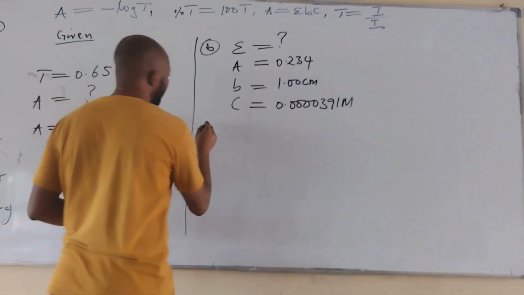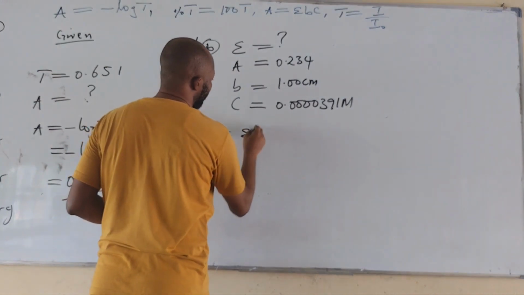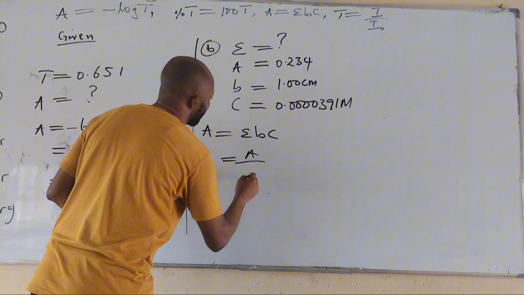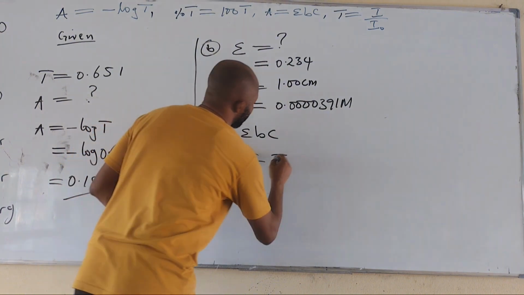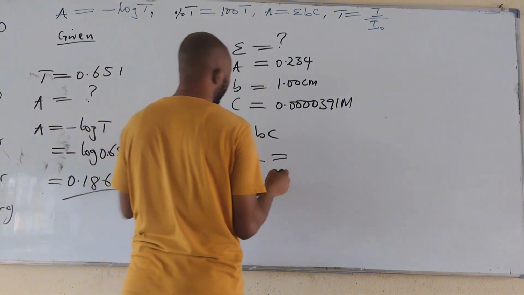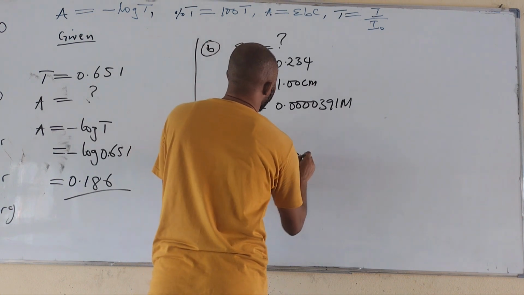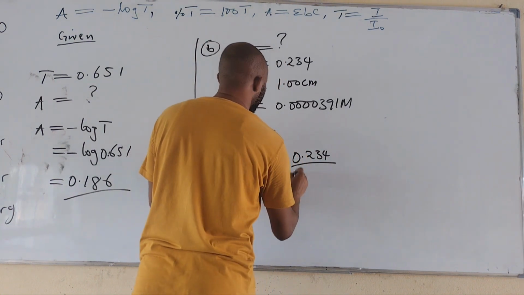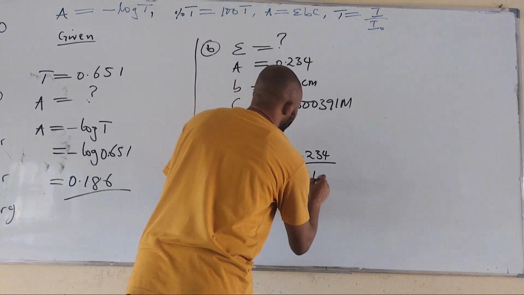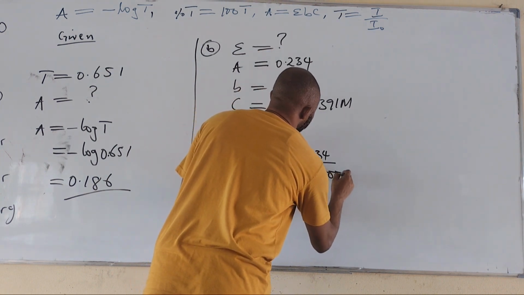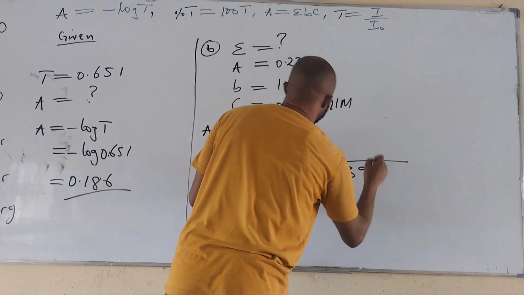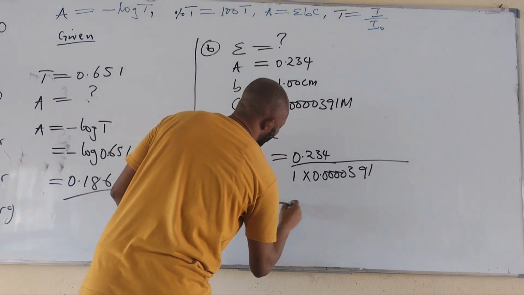Remember, we have A is equal to epsilon B C and epsilon is equal to A over BC. And this is equal to A, 0.234, over B, which is 1, times concentration, 0.0000391. And this is equal to,